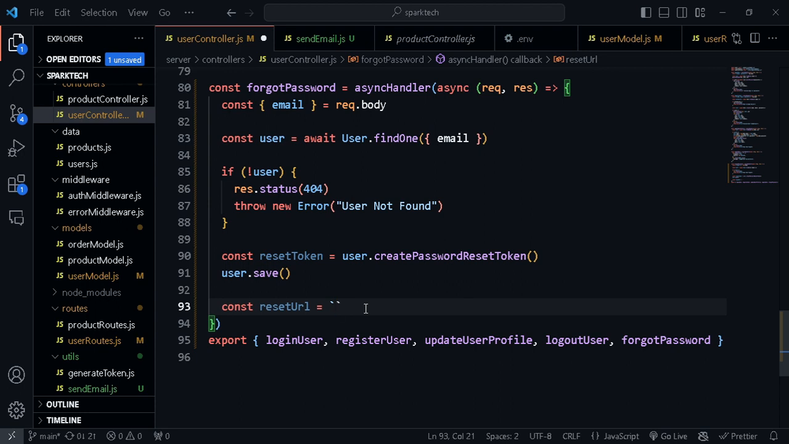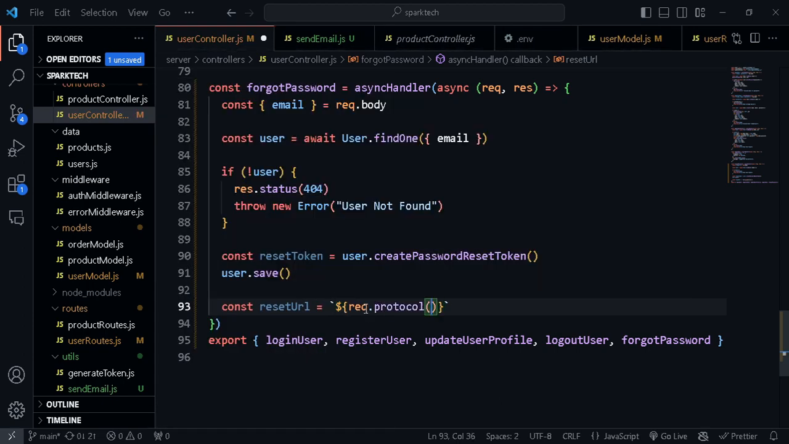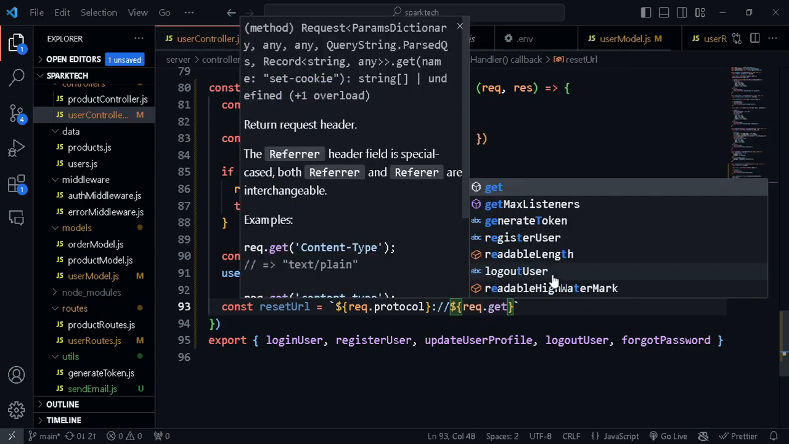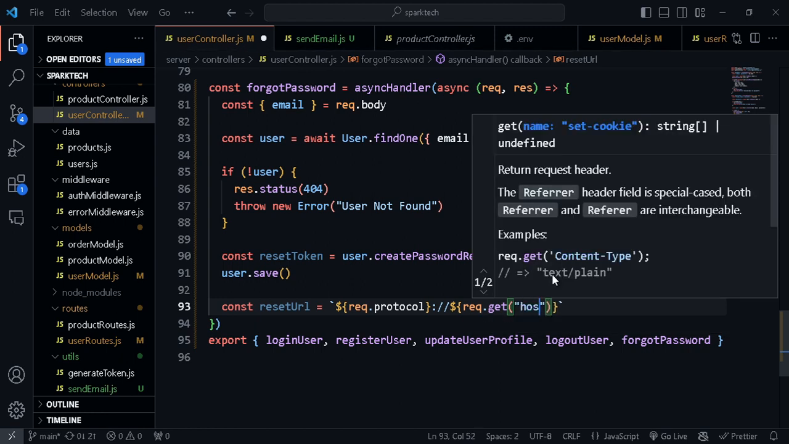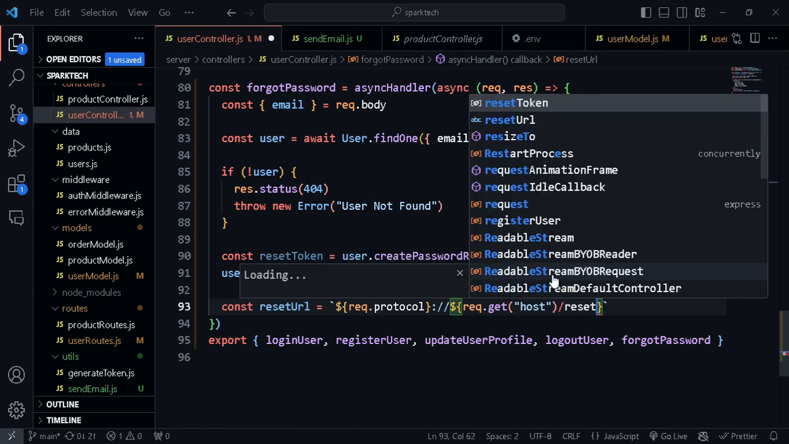So dollar sign curly braces req.protocol. This will give us the protocol, which is http or https, followed by colon slash slash. This value will be dynamic, depending on whether we are in development or production, which has the secure flag, and also our domain name. We get that from request.get based on the host. So this will give us the domain name, and we are going to give it a URL of slash reset password,